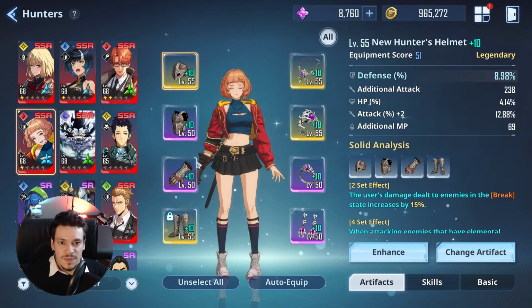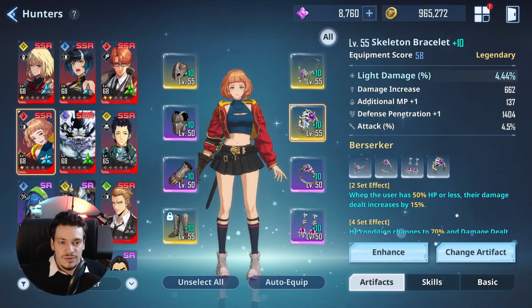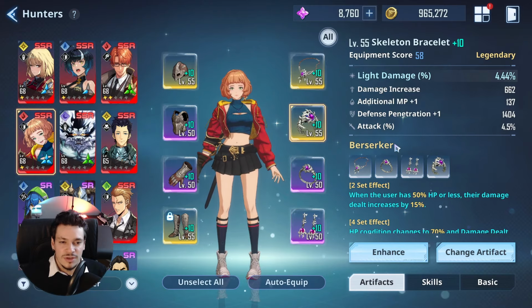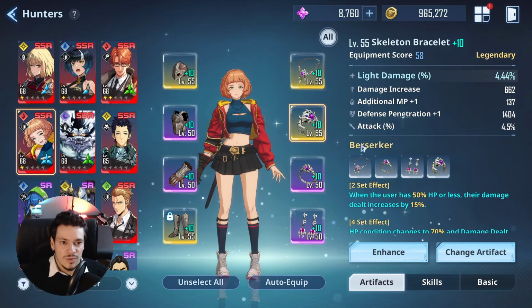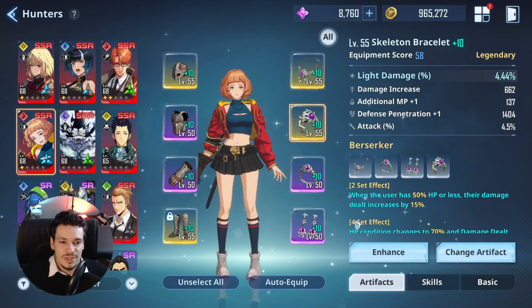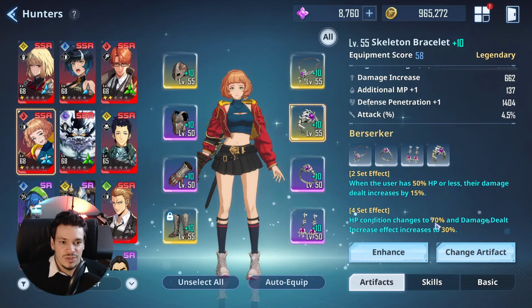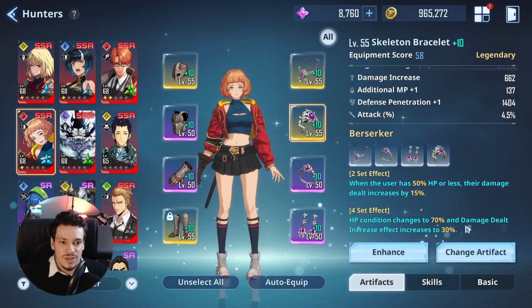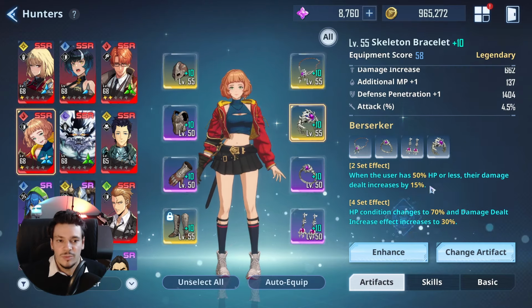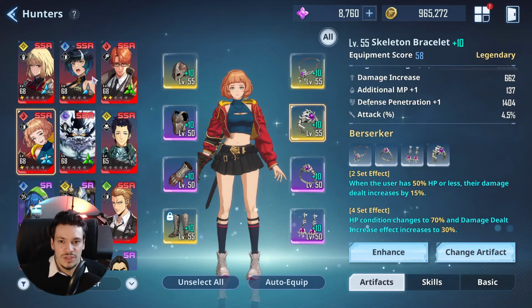So for the artifacts here on the right, what I would be recommending on her most of the time is the berserker set. If you guys are free-to-play players and don't spend that much on the game, then you will be losing HP most of the time, so the berserker set goes very well with Emma, because when your HP goes to 70% or less, you will then increase the extra damage dealt by 30%, and this is one of the best sets you guys could be using on almost any character,